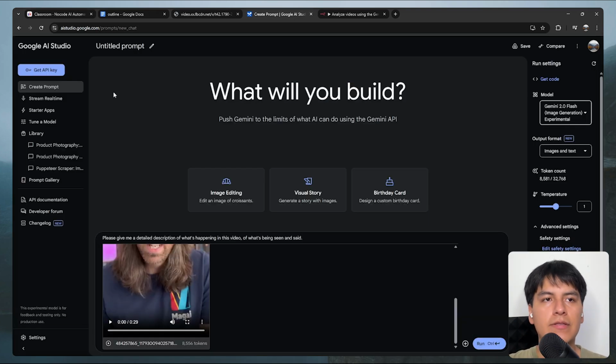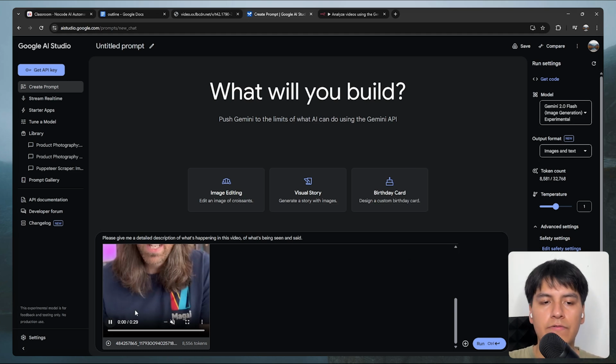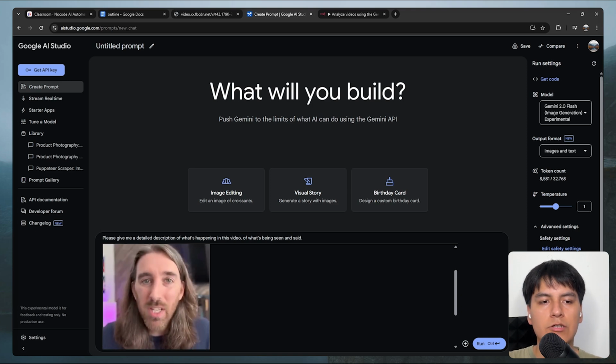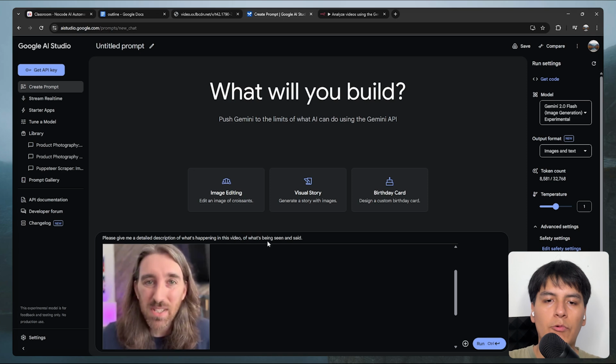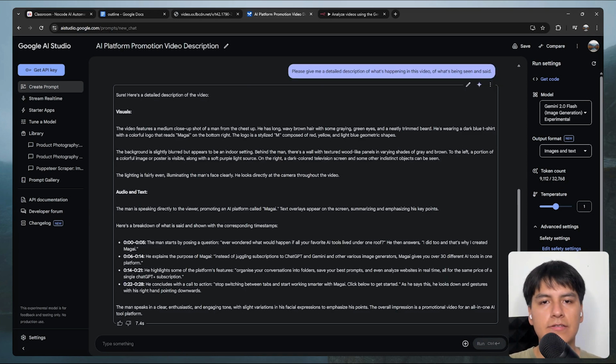But anyways, here I'm in aistudio.google.com. And this is where you can test out all of the Gemini models. So in this case, I'm using Gemini 2.0 Flash Image Generation Experimental, and I just uploaded a video of another Facebook ad, and I think this one talks about an AI tool. So now I just ask it to give me a detailed description of what's happening in this video and what's being seen or said. And if I just click on run here, then you can see that it described it